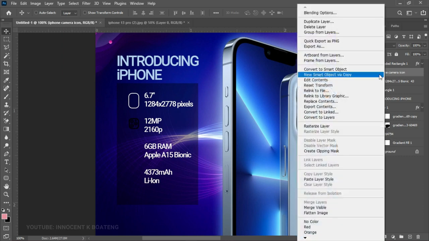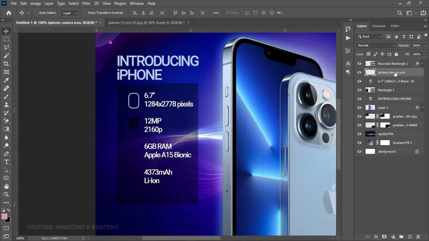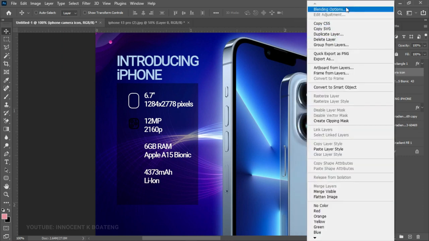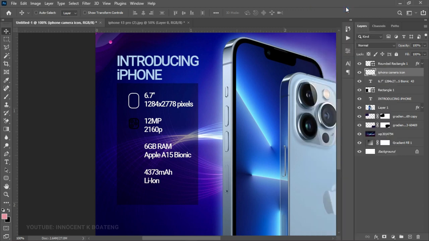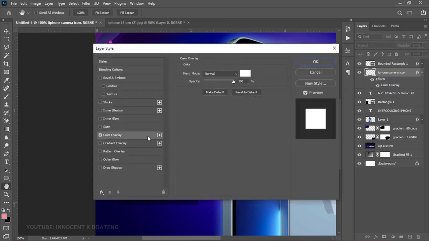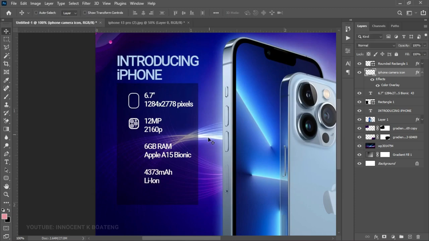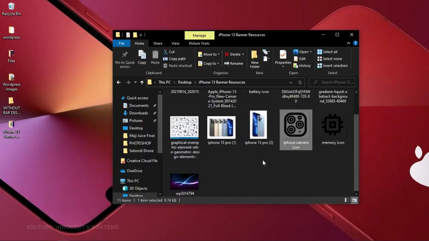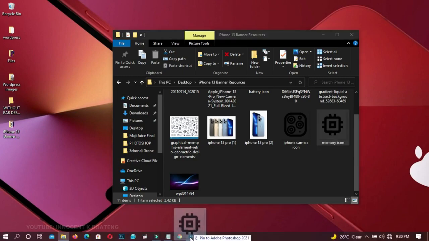So I'm going to right click on that, rasterize it, and I'm going to right click again, go to the blending options, and we are going to give this a color because this is white, this also has to be white. Now we choose the color overlay and we're going to give it a color white, and we go ahead and we click OK. So we are going to do the same thing for the next one. So the next one would be the memory. Drag it over here,